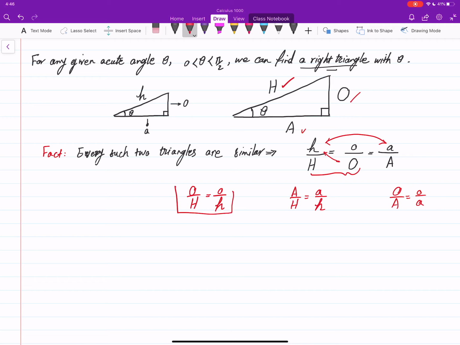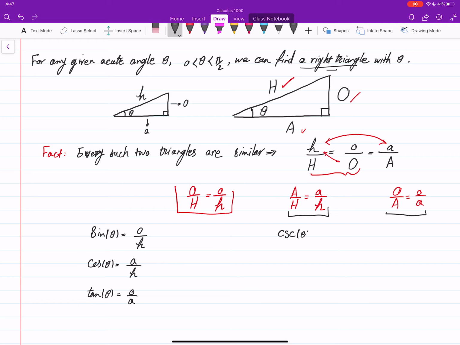This constant, we will call it sine of theta. Doesn't matter which one I use, opposite over hypotenuse. Take this other one, you call it cosine theta, adjacent over hypotenuse. Take this one, opposite over adjacent, and call it tan theta. And then more things. For example,